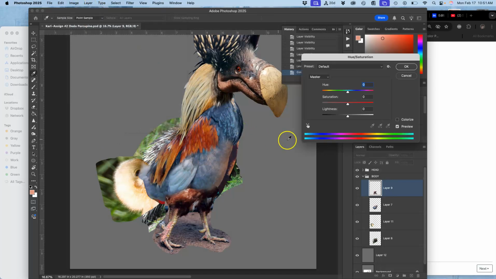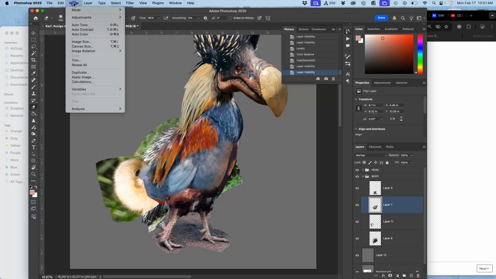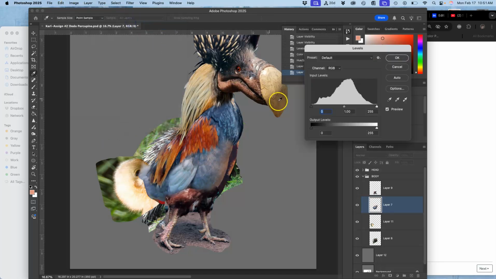And then hue saturation. What spectrum do I want? Maybe I want to push just a little bit this way. Do I want to saturate it? Nope. I want to desaturate it just a little bit. Okay, next. Move on to the belly here. Start with levels. Even though they're very different colors, very different types of feathers, this will help me to get them to match. I'll limit the highlights,